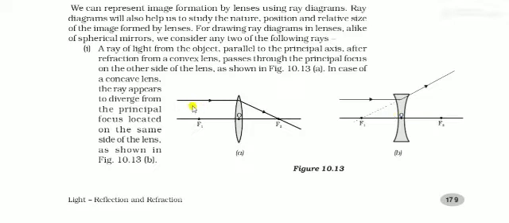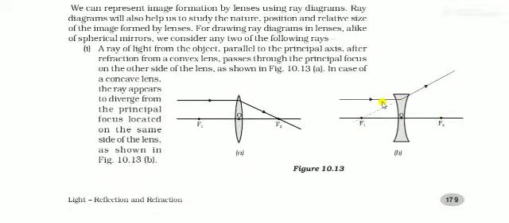Now see all the rules for the formation of images. When the ray of light is parallel to the principal axis, it is the same as in case of mirror also. When the ray of light is parallel to the principal axis, after refraction it passes through the principal focus in case of convex lens. In case of concave lens, when a ray of light is parallel to the principal axis, as it is a diverging lens, it will diverge, but it makes a virtual image, so we extend this line, and after refraction it appears to pass from the principal focus. So this rule we have to follow in case of concave lens.